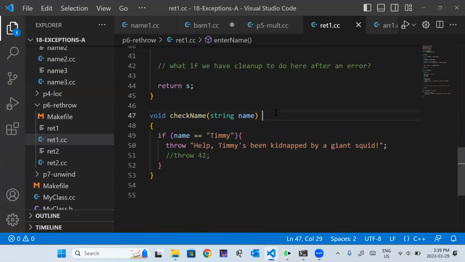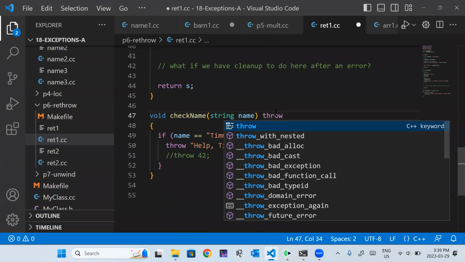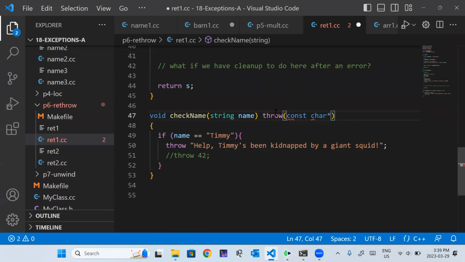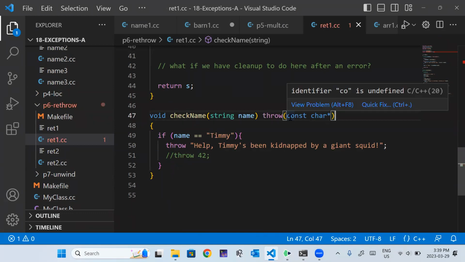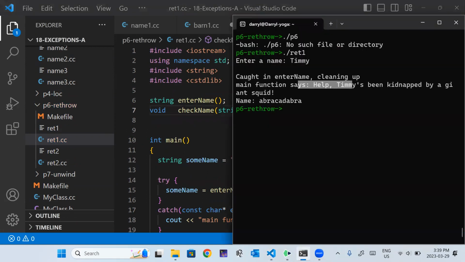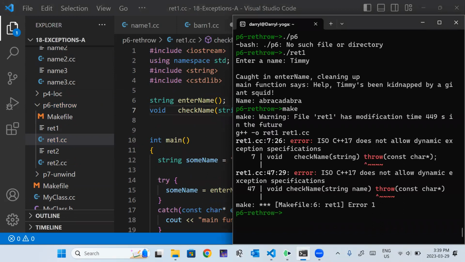Yeah, let's try that down here. So here we could say, just for fun, let's give it a try. Well, it doesn't like that for a couple of reasons. It's going to let me do it. Let's see if it compiles. Again, we have to have it on the declaration and the implementation. Let's see if that works, actually. Yeah, so we get an error. C++17 does not allow this type of thing, this type of nonsense.